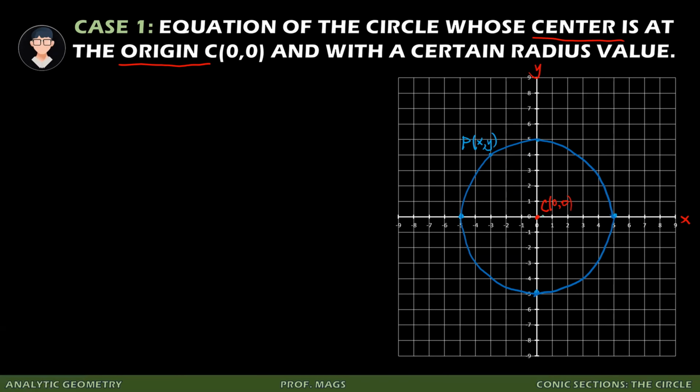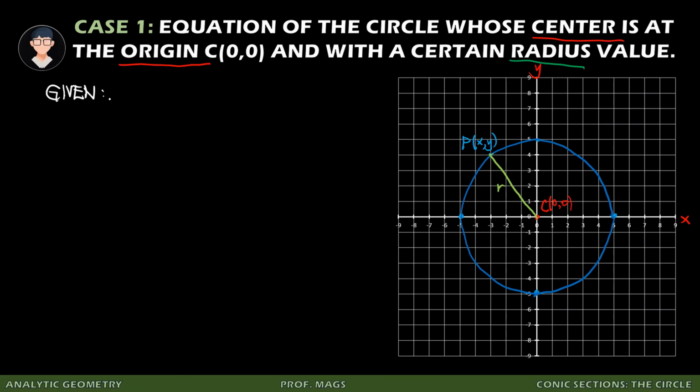And from the center, again, the definition of the radius. So from the center up to one point on the circle, which is the point P, this distance right here, this yellow-green line right here represents our radius, which is symbolized as lowercase r. And we have to get the standard equation or derive the standard equation and general equation of this case number 1. So our given right here,